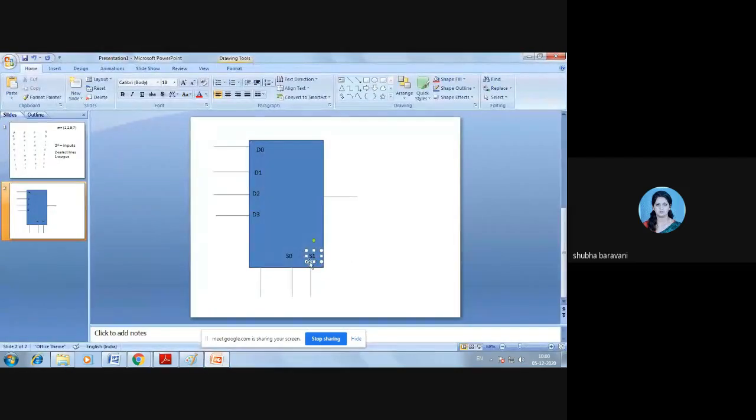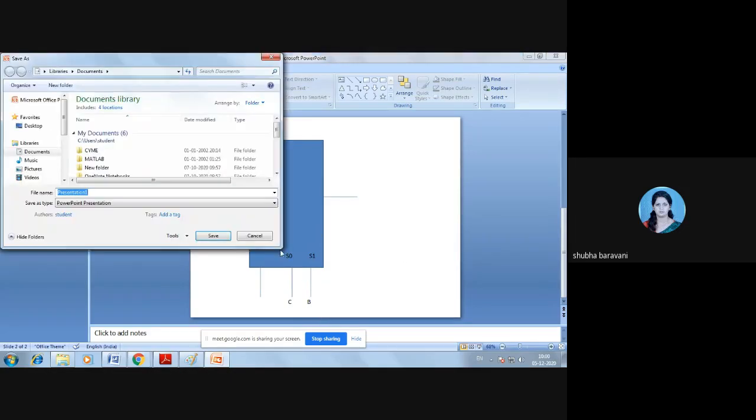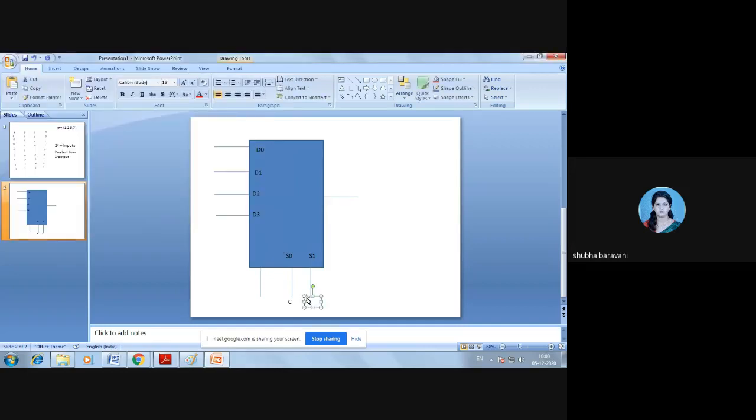So I have connected C to S0 and B to S1. Up till here, is it clear? Is it understood up till here? Yes ma'am. We know there is one output which would give me a function f of A, comma B, comma C.